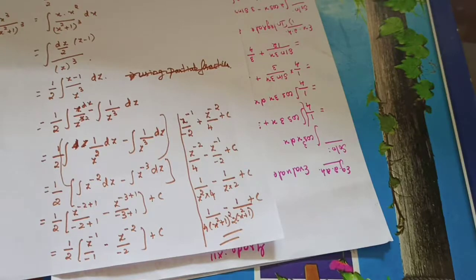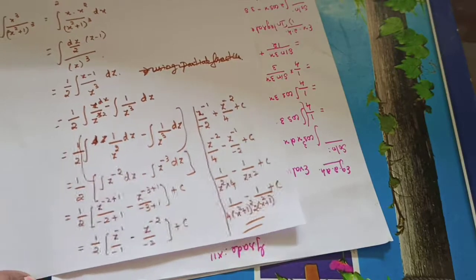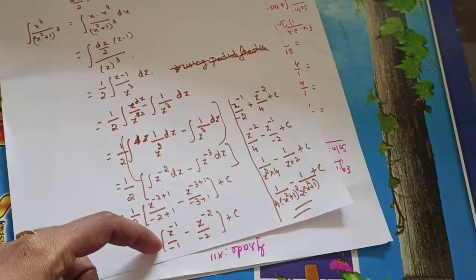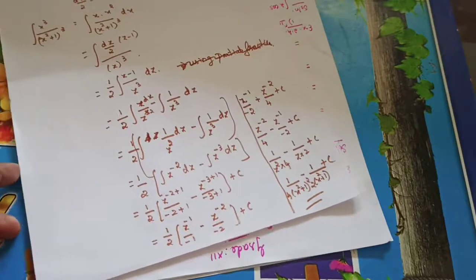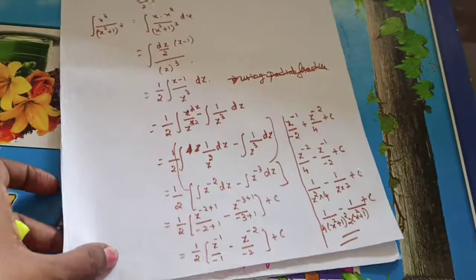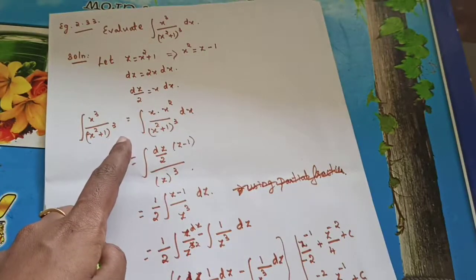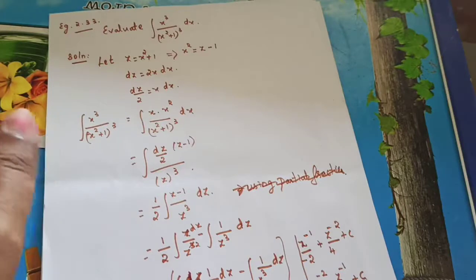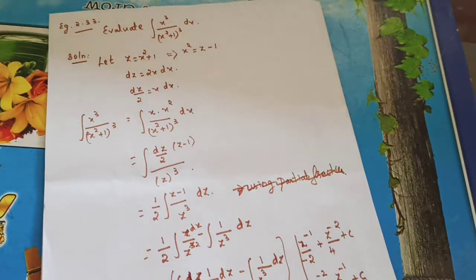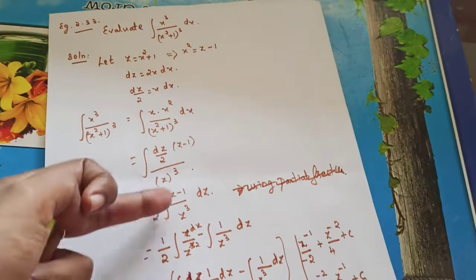Got it? So it will be very easy for you. So here what I did, I brought all the terms to the numerator. That's the difference. So z is equal to x square plus 1, you need to consider. So x square is equal to z minus 1. dz is equal to 2x dx. So dz by 2 from there. Then I substituted all the values and I split the